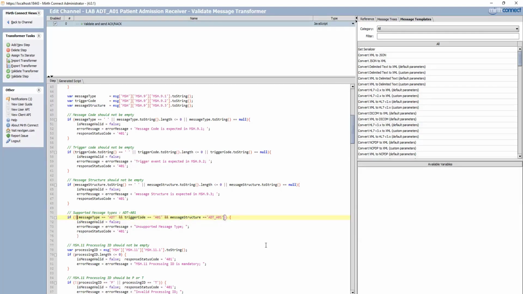If not, message type equals to ADT, trigger code is equals to A01, and message structure is equals to ADT_A01. If not. So if everything is correct, then it is actually valid. But I am doing a not, which means I am saying opposite of true. So if it is not true, then make this message as false. Error message is equals to unsupported message type.